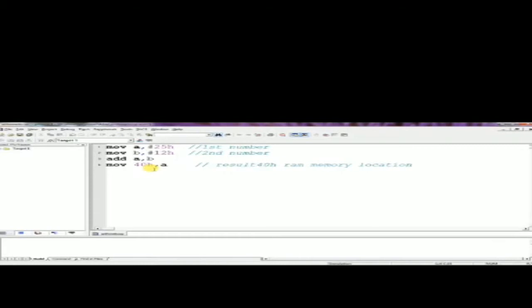So the result will be stored in the 40h memory location.